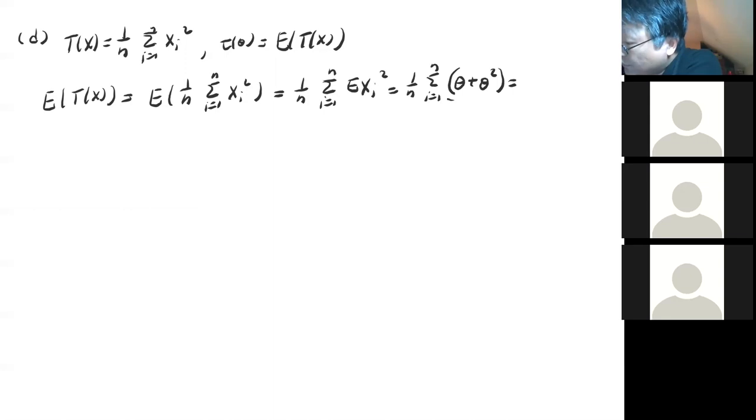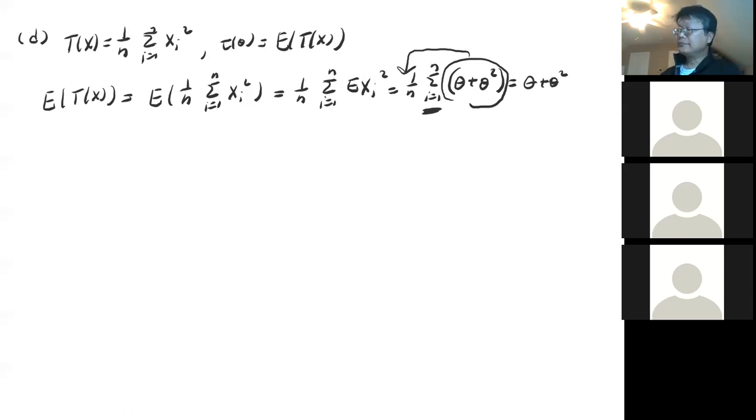With n items divided by n, it becomes theta plus theta squared. So it means Tx is an unbiased